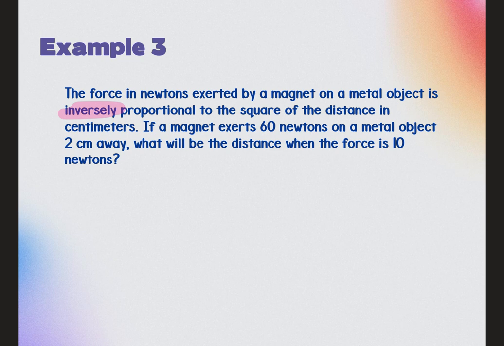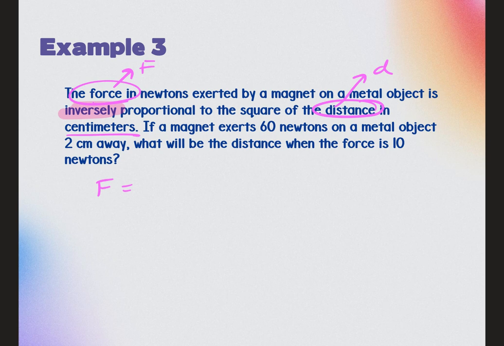So what are my two variables? Centimeters, which represents the distance. So the unit is centimeters, but distance is one of the two variables. What's the other one? The force, right? So we've got force and we've got distance. And the force is inversely proportional to the square of the distance, not just to the distance. So if I make this F, and you get to decide, because it didn't tell you what it had to be, make it whatever variable you want. I'm going to make force F, and I'm going to make distance D, because it would be weird to make it anything else. And I would say force is, which means equals,